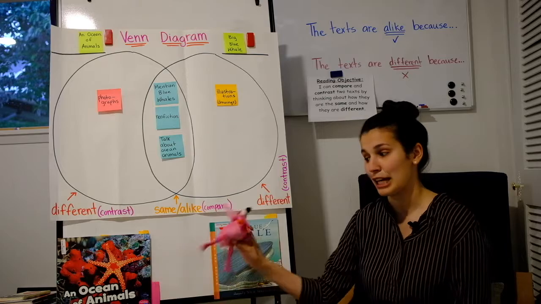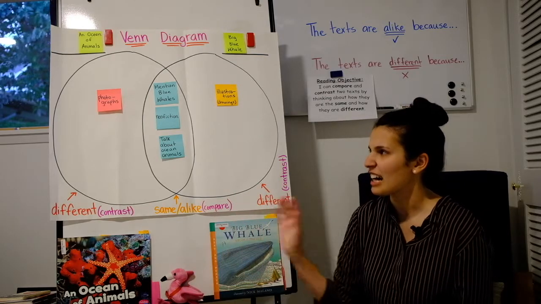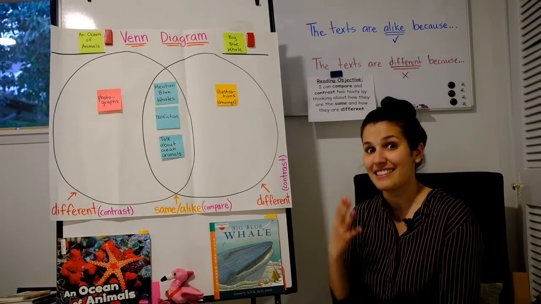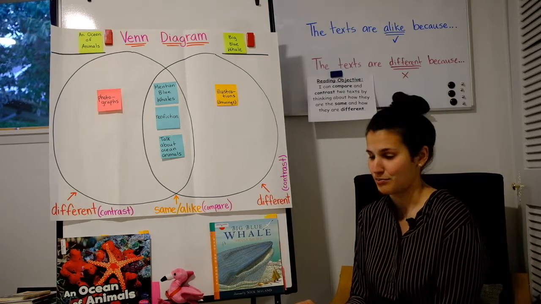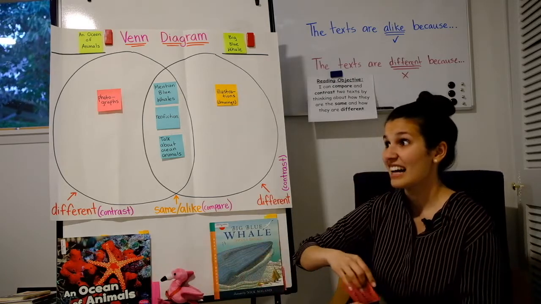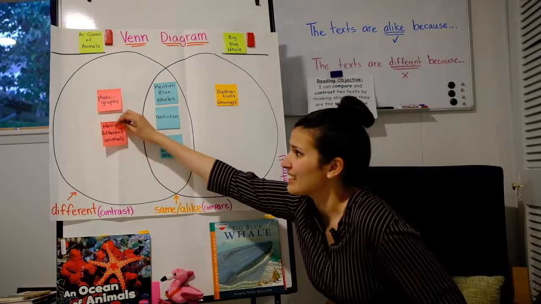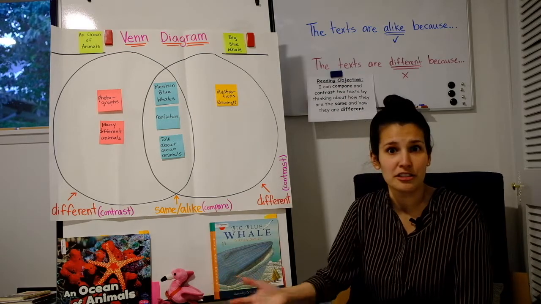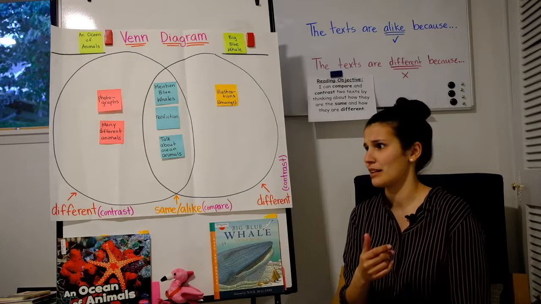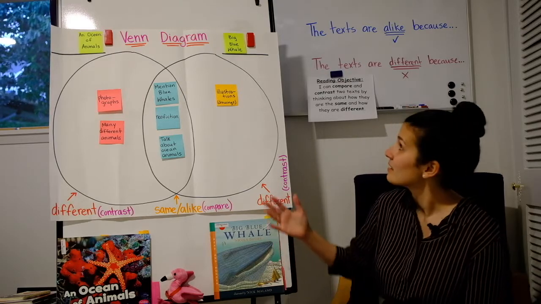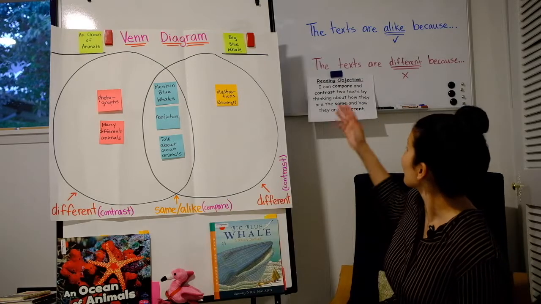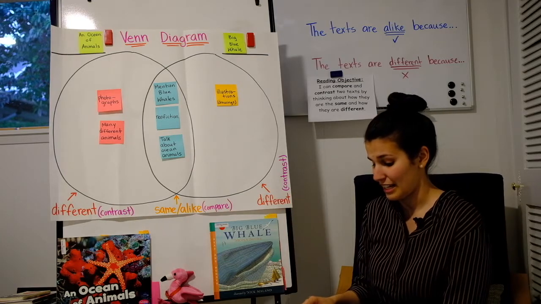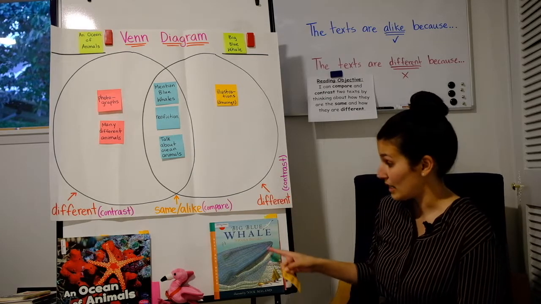Okay, so me and Pinky were talking again, and Pinky and I were noticing a couple more things about how An Ocean of Animals and Big Blue Whale are different. I wonder if we have the same ideas. One thing that I had told Pinky was that An Ocean of Animals had many different animals in that book. It talked about starfish, whales, manatees, sharks, so many different animals, tube worms, really cool stuff. But Big Blue Whale didn't. So the texts are different because An Ocean of Animals talks about many different animals, while Big Blue Whale only